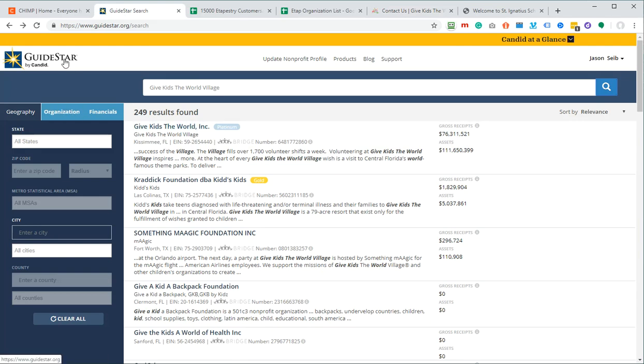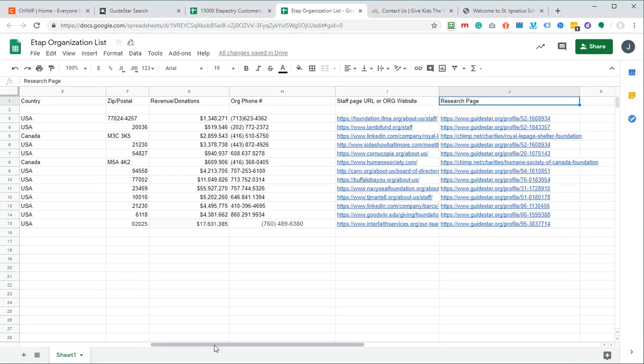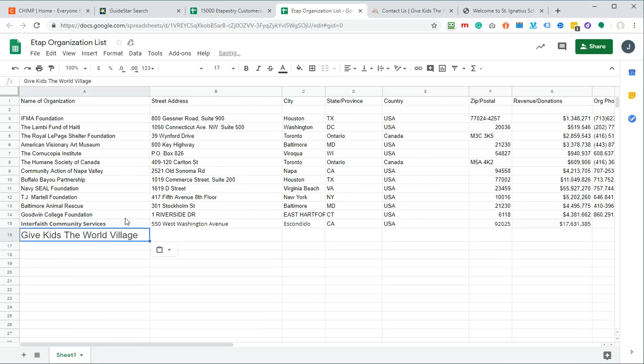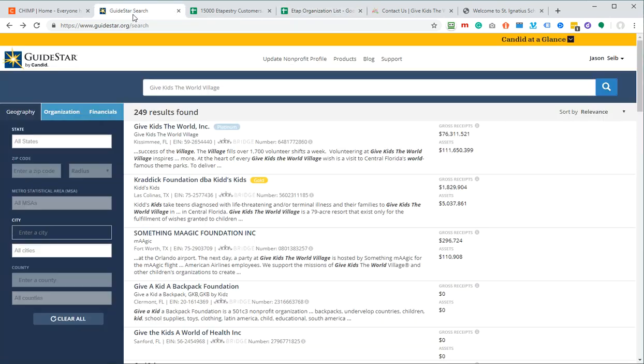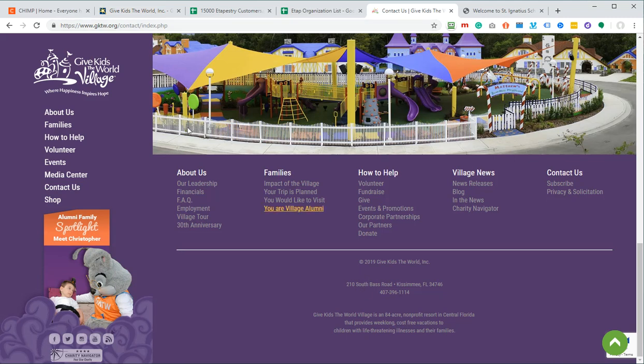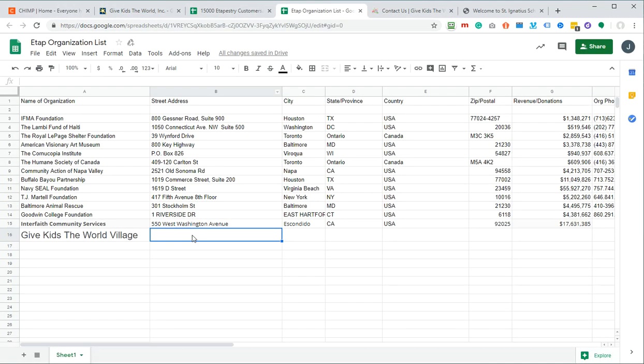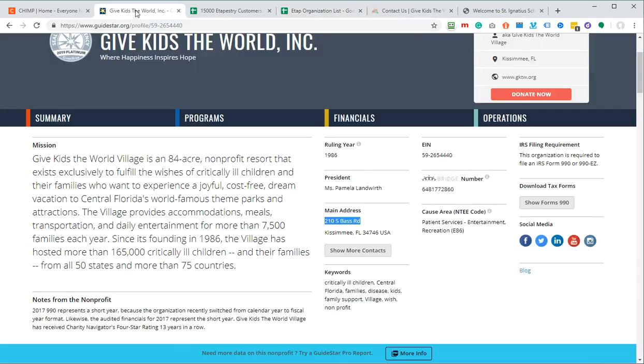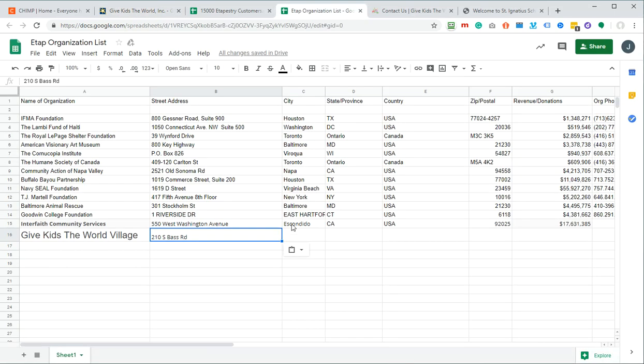So from here I can start adding information to the database. I'll drop their name in that I cut and pasted previously. I'll click on their profile here, and this gives me a lot of their information. So here I have their address, 210 South Bass Road, which again aligns here. So we'll just put that in as their street address, then we come back in here, get their city name, paste it in here,